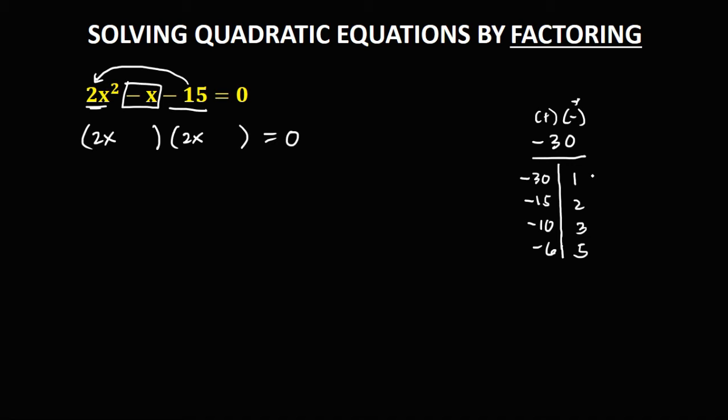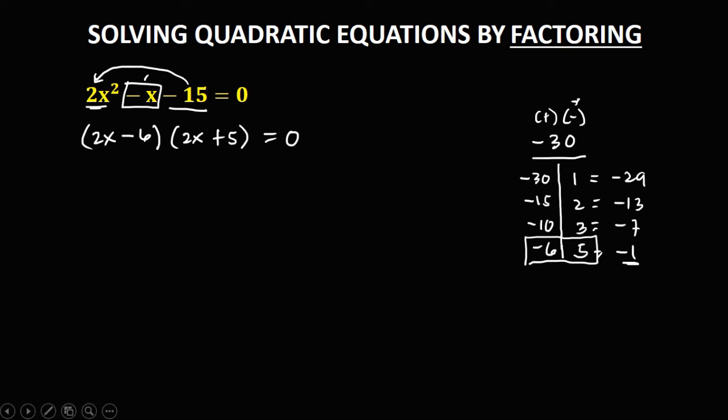Then add all the factors. Negative 30 plus 1 is negative 29. Negative 15 plus 2 is negative 13. Negative 10 plus 3 is negative 7, and negative 6 plus 5 is negative 1. Since the middle term is negative 1, these are the factors of negative 30: negative 6 and